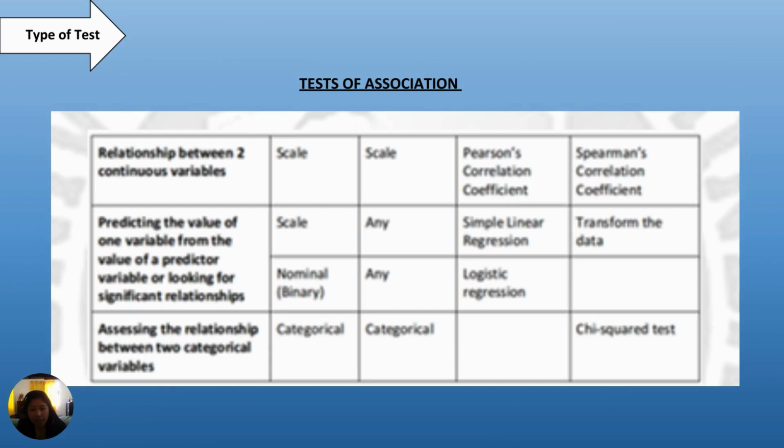If the data is not normally distributed, then it would be the Spearman's correlation coefficient,